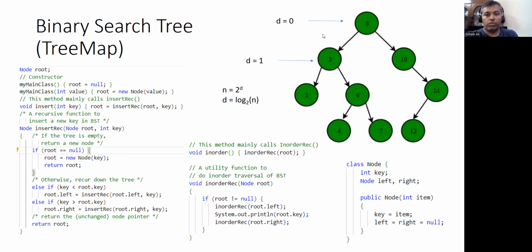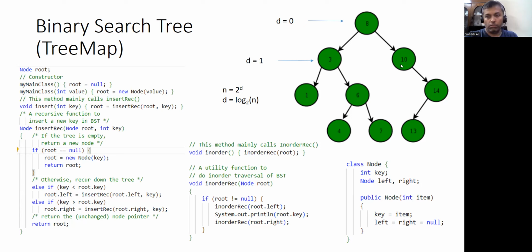And the first thing that you will notice is that in a tree, there is this exponential relationship between the number of nodes at any depth d, which means that if I talk about, let's say, the root or the top node where the depth is 0 or the height is 0, I know that there is only one node there. At d is equal to 1, we have a couple of nodes. At d is equal to 2, we have 4 nodes, 2 raised to the power 2, although in this case